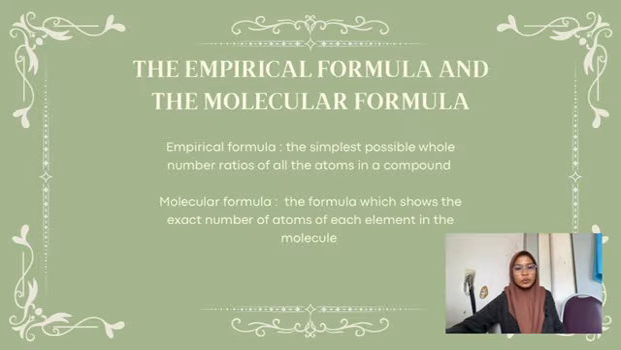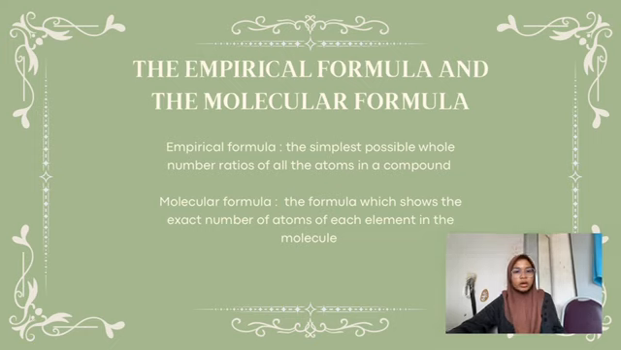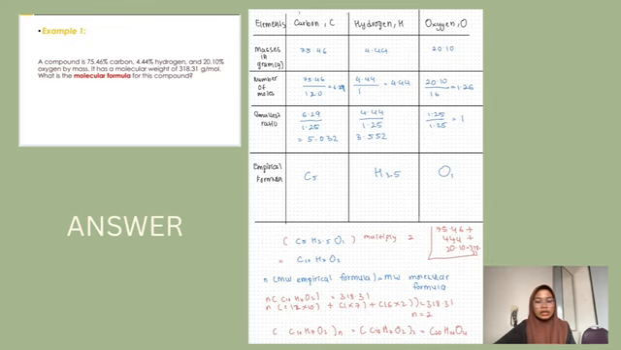So we go to the other subtopic, the molecular formula. As we know, the empirical formula is the simplest possible whole number ratio of all the atoms in a compound, while the molecular formula is the formula which shows the exact number of atoms of each element in the molecule. The last one is, we will answer this question. The question asks us to find the molecular formula. So the molecular weight is given